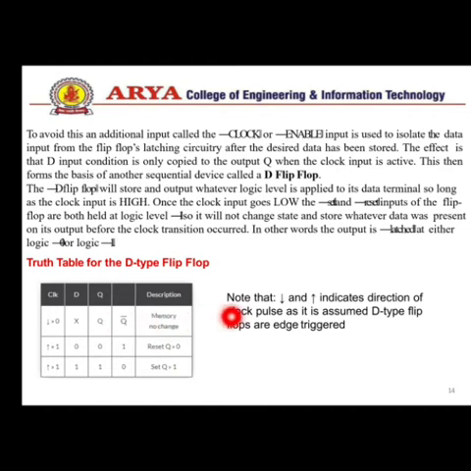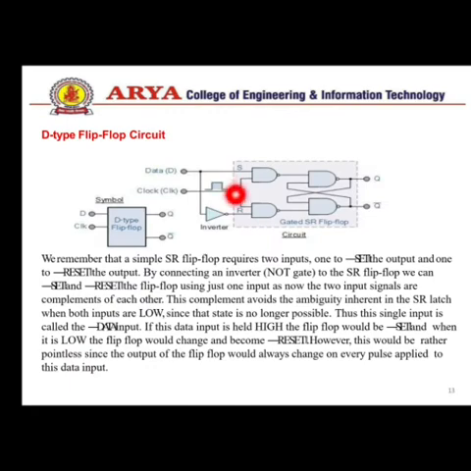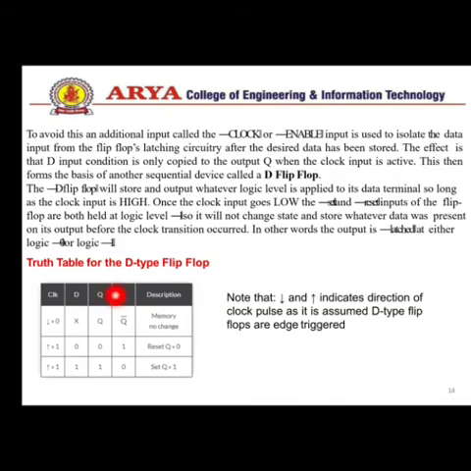When it is a positive flip flop and clock is equal to 1, the input of D is either 0 or 1. First we check when D equals 0: this is 0, this is 1. So this condition is always the reset state, Q equal to 0 and Q bar equal to 1. When Q equals 0 and Q bar equals 1, this condition is called the reset state. And when the second positive pulse is applied, the input of D is 1, so this is the set condition.